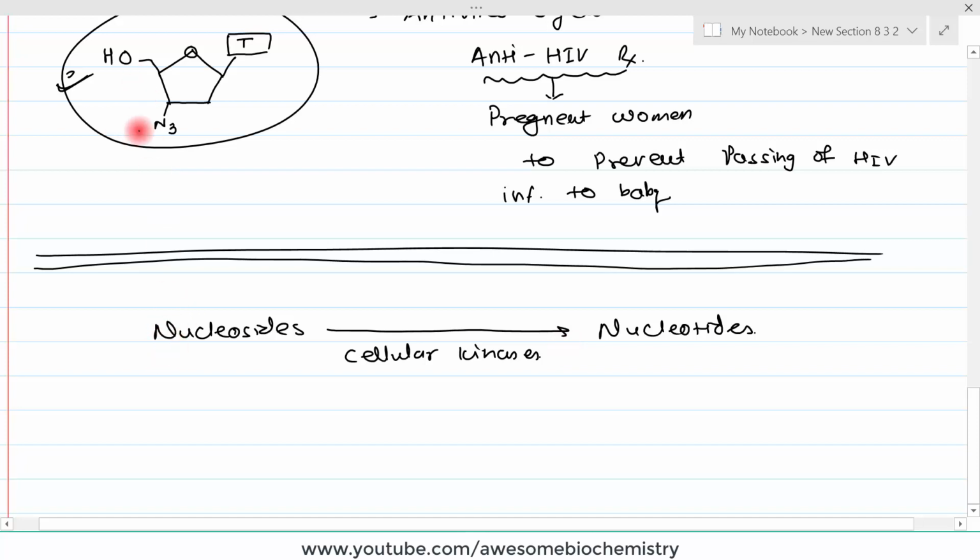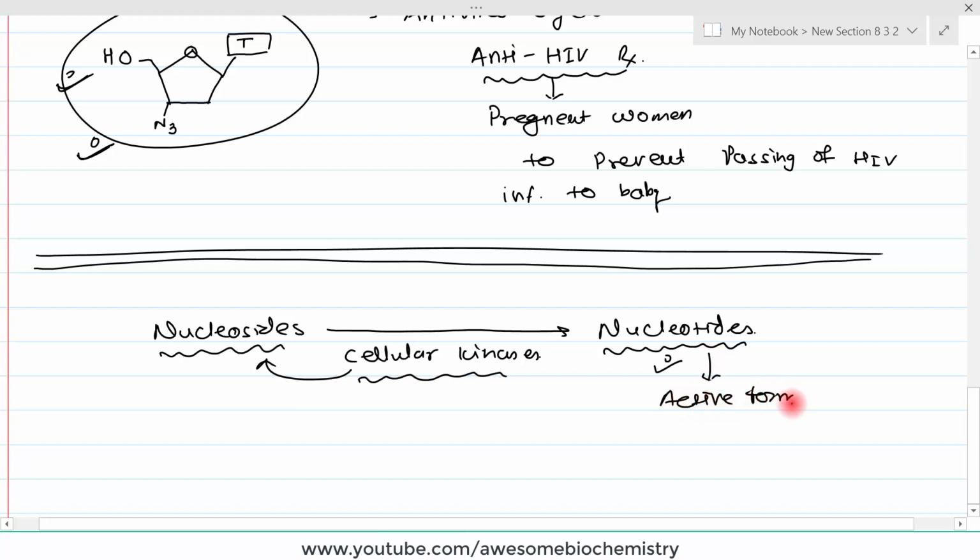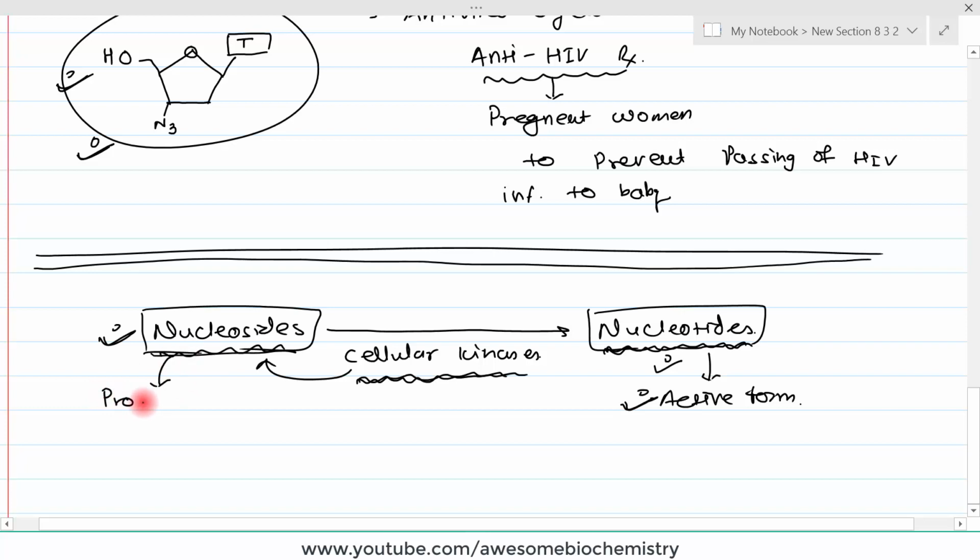So if you add these drugs that we discussed into our system, then our system has to work on these drugs. Only then are they converted into their active form. This is the active form. It is not possible that in a test tube you take some virus or cancer cells, add these nucleosides, and they will start inhibiting those cells. No, it is not possible in a laboratory setting. But once this drug goes into your blood or your system, what happens? Our own cellular kinases, which are a group of enzymes that add phosphate, convert nucleosides into nucleotides, and these nucleotides are now in the active form and will do the desired function. So we can call all these nucleoside analogs prodrugs.